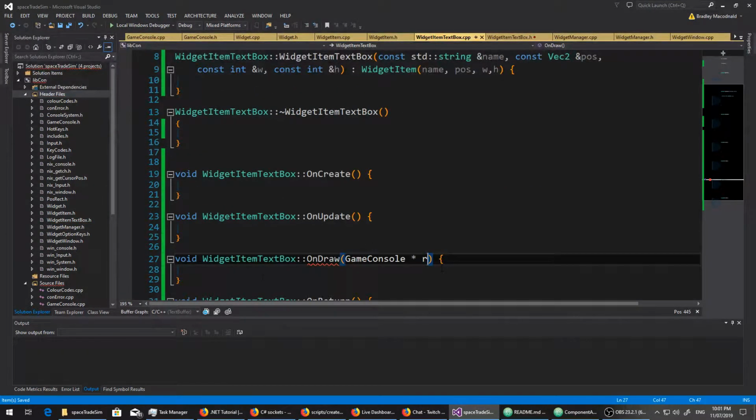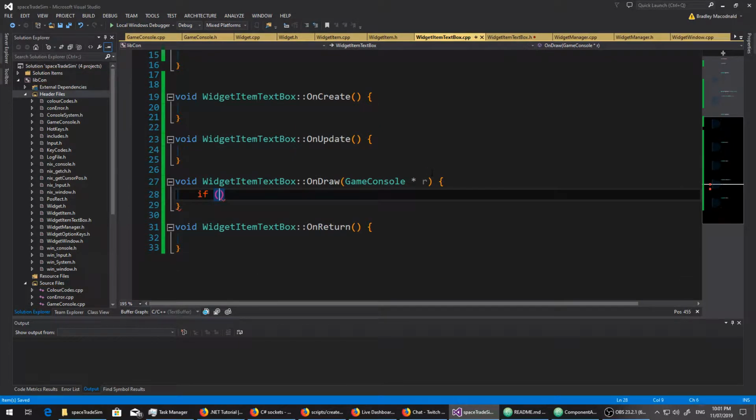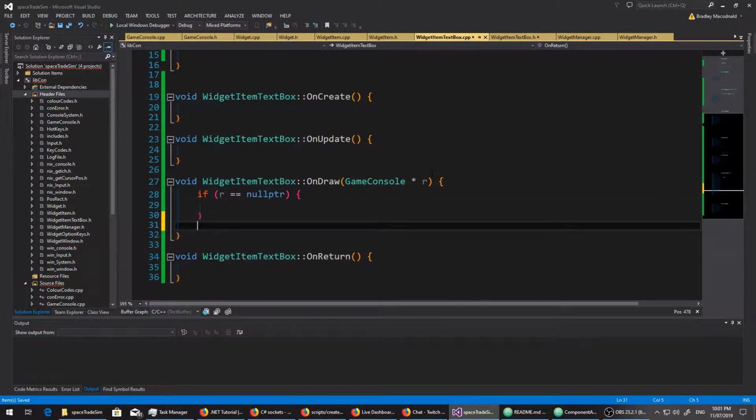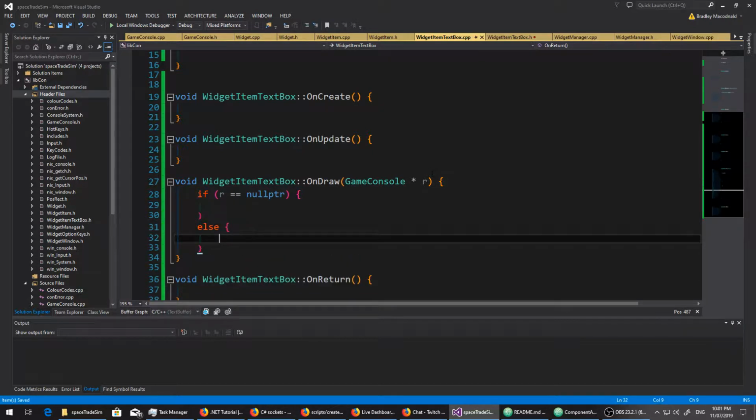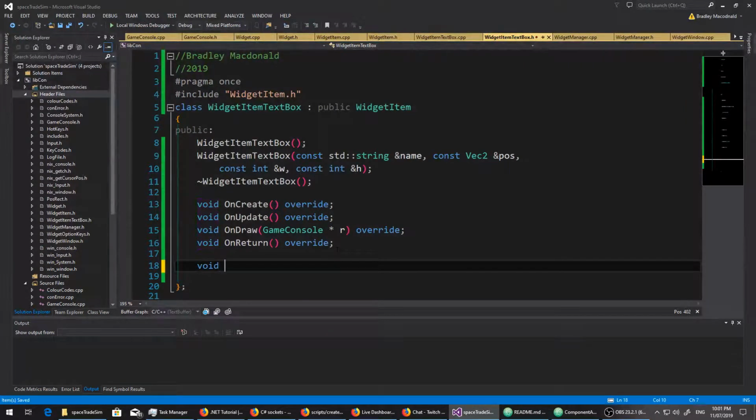going on draw, and we just do a if equals null pointer, draw like this, else use that. So we'll have another function here, so we can just call it. So we go